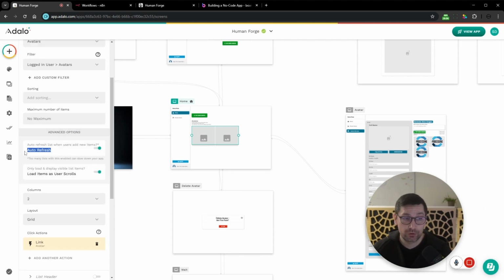We have auto refresh and load items as user is scrolling. This functionality is not available if you're using external databases. This is a really important feature in this type of app because we can be dealing with an account where they have a lot of avatars and a lot of avatar images, meaning that the auto refresh is just a nice feature where you saw that processing